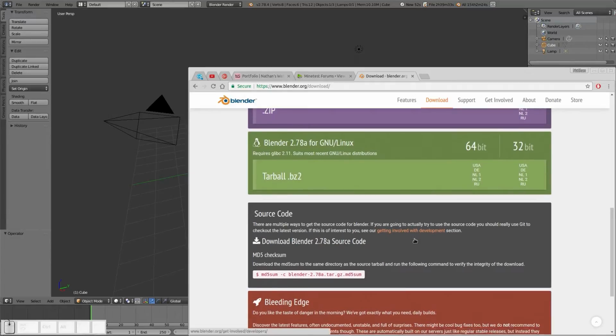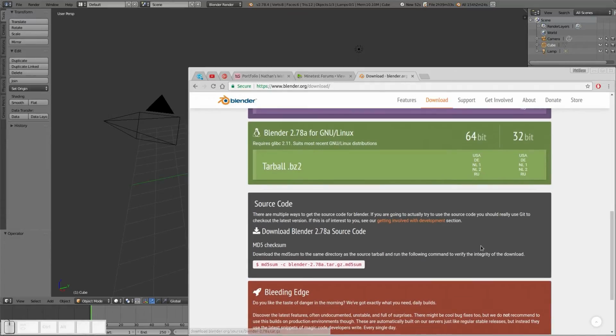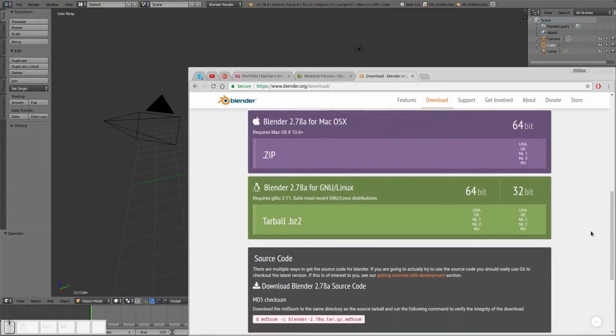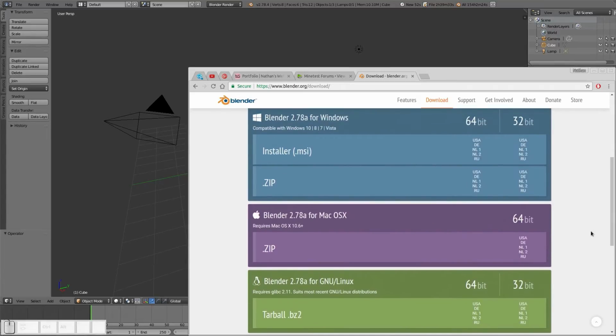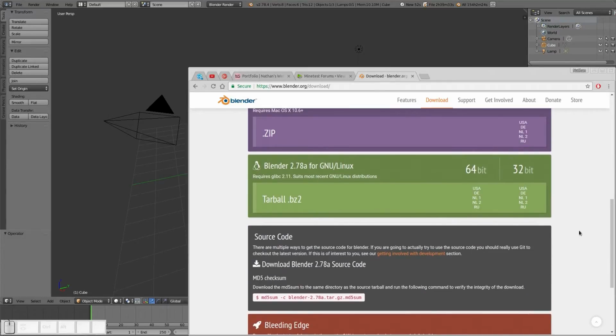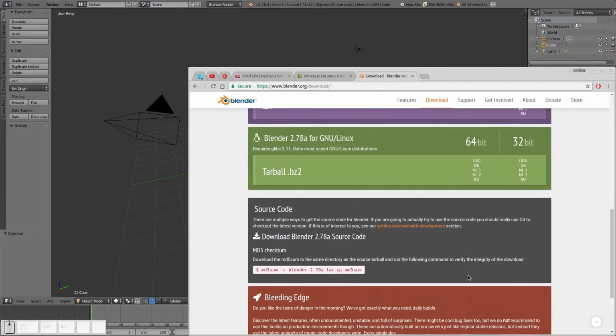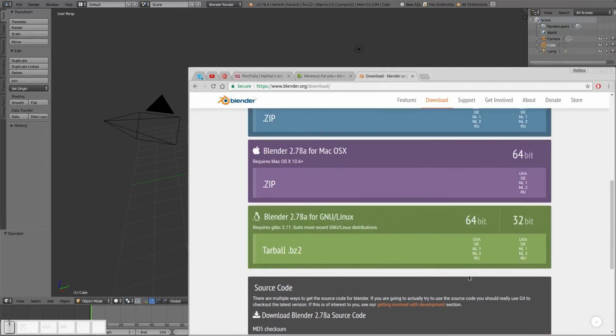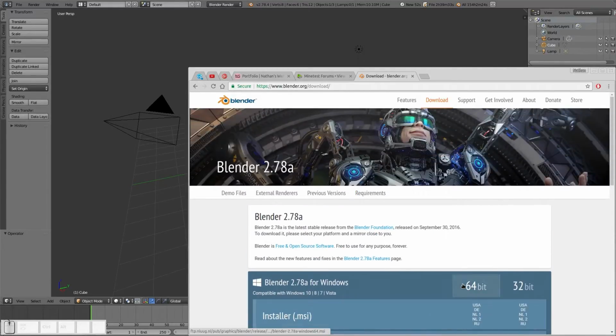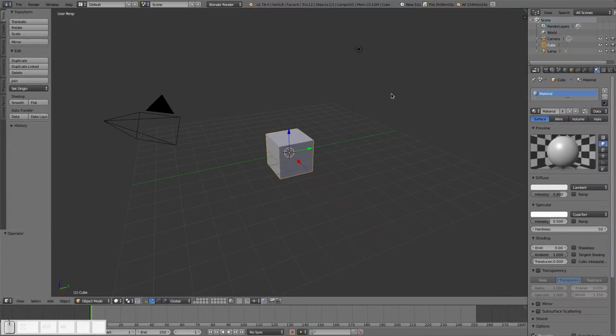And yeah, there's also the source code. So if you are running any operating system outside of these three, which I don't really know what choices you have, but if you were, you could theoretically download the source code yourself and then compile it and have Blender. So, with that out of the way, let's jump right on in to Blender